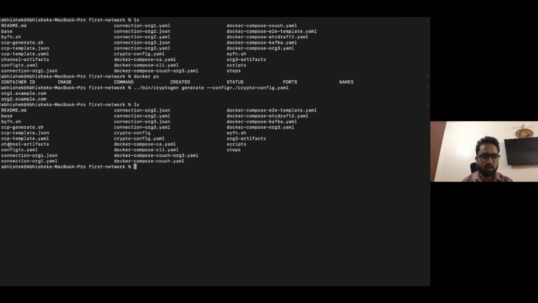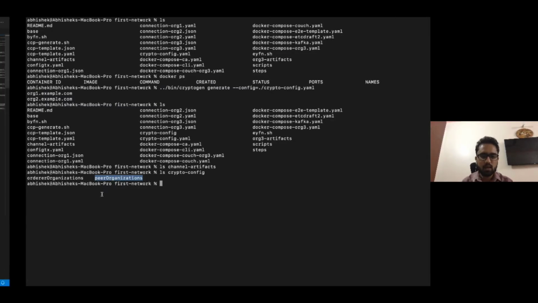So if I do ls in crypto-config, there are two directories, ordererOrganizations and peerOrganizations. Inside the orderer organization there are orderer related certificates and keys, and for the peer organizations there are peer related certificates and keys for both the organizations.